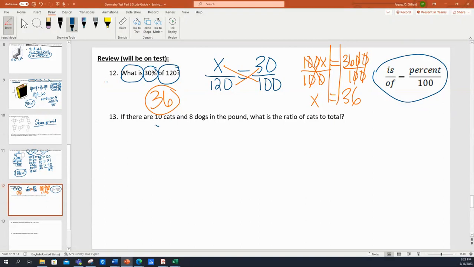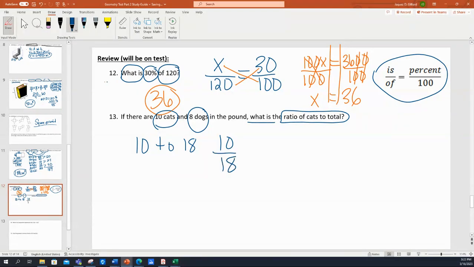It says if there are 10 cats and 8 dogs in the pound, what is the ratio of cats to the total? Now, we know there are 10 cats. First of all, we know there are three ways to express a ratio, right? And we know there are 10 cats, and we know that the total is 18. So we can say it's 10 to 18, or we can say 10 over 18, or we can also say 10 to 18. But that's not just the answer, because more than likely the test is going to simplify it